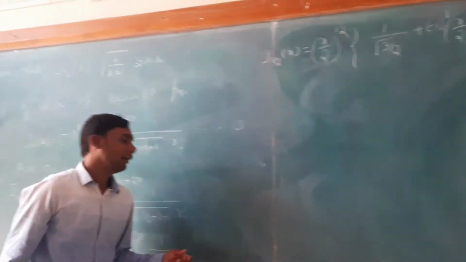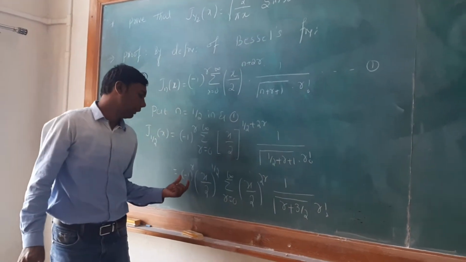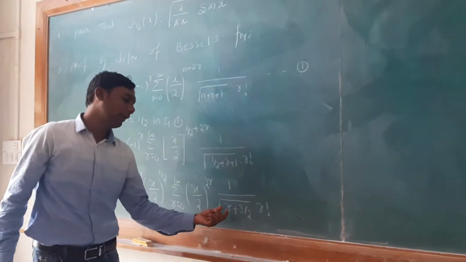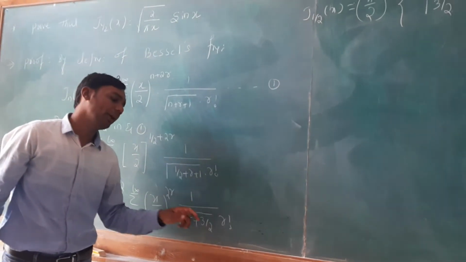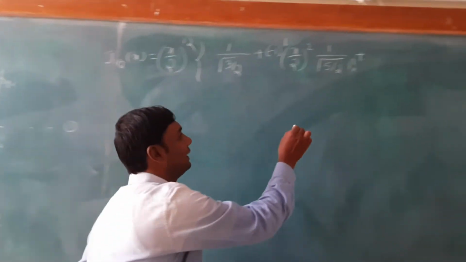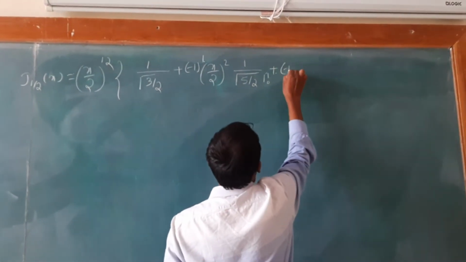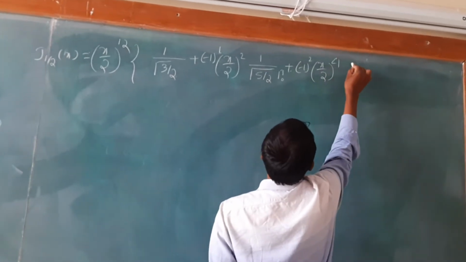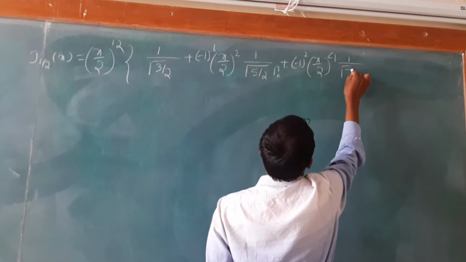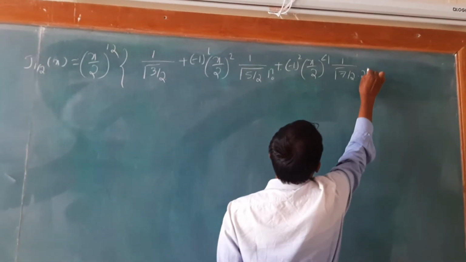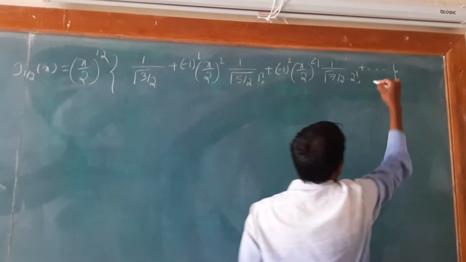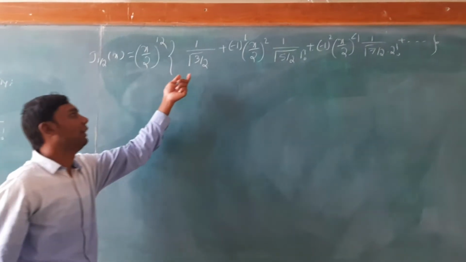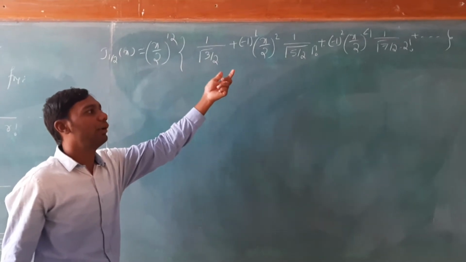Plus, if you put r equal to 2, we get minus 1 square x by 2 raised to 4, 1 divided by gamma of 7 by 2 into 2 factorial, plus so on. So this is a series. Next, we simplify this by substituting the value of gamma of 3 by 2, gamma of 5 by 2, gamma